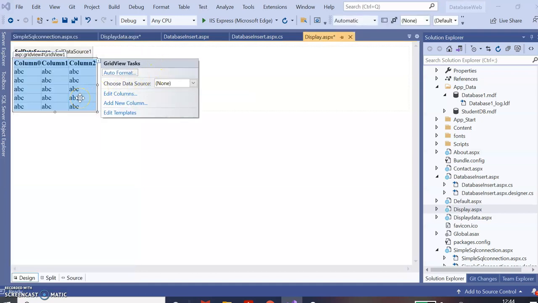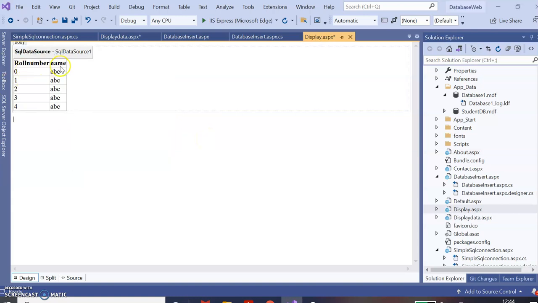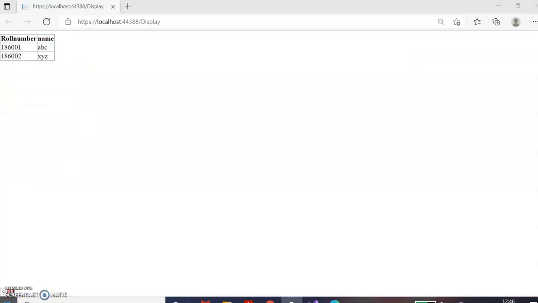In this grid view, we have to attach the SQL data source 1 that has just been created, and it has added the roll number and the name. And now we have to run the program. This is the output. You can see roll number and name, two fields we have added through Visual Studio SQL Server, roll number 1 and 2, with the names ABC and XYZ. So this is the output.